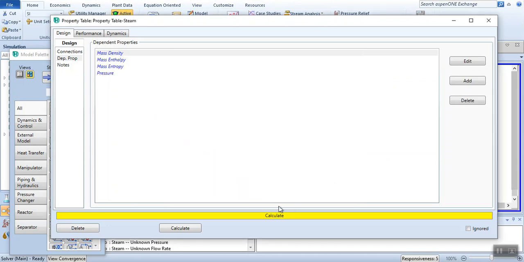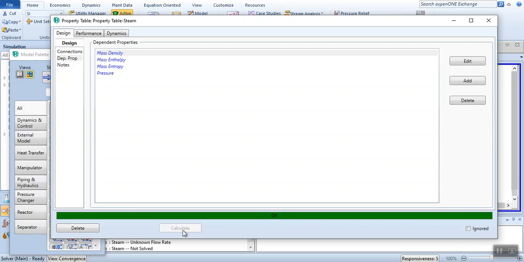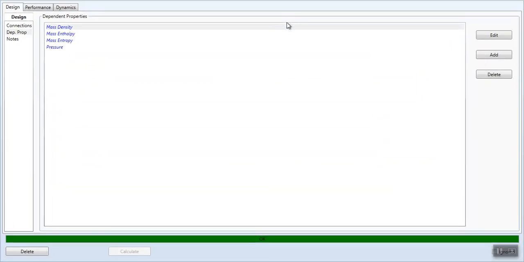As you see, this bar has been turned yellow. This was also turned yellow when you added the first dependent property. But since you were interested in calculating 4, you will click the calculate button after adding these 4 parameters, or the number of parameters you have been asked to calculate. Now click calculate, and as you see, it has turned green. It means that all the parameters have been calculated successfully and there are no errors present in the system.